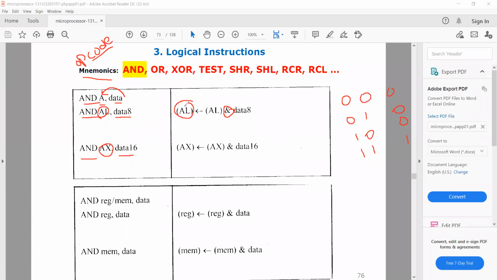We have to understand the source of data, and we also have to understand the destination of the data. First, from where are we getting the input for that particular instruction? When we understand the meaning of the instruction, suppose let us take this instruction. It performs the AND operation for the data given with the data present in the AL register.